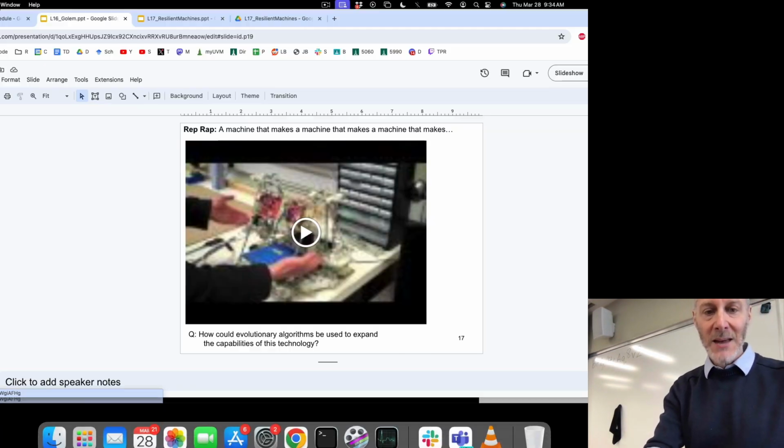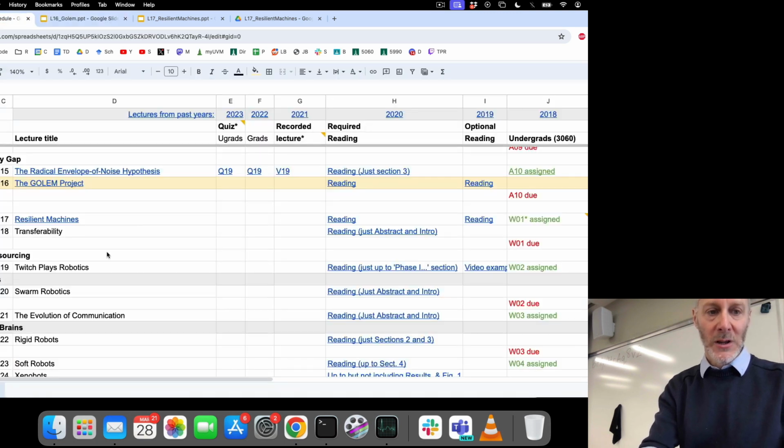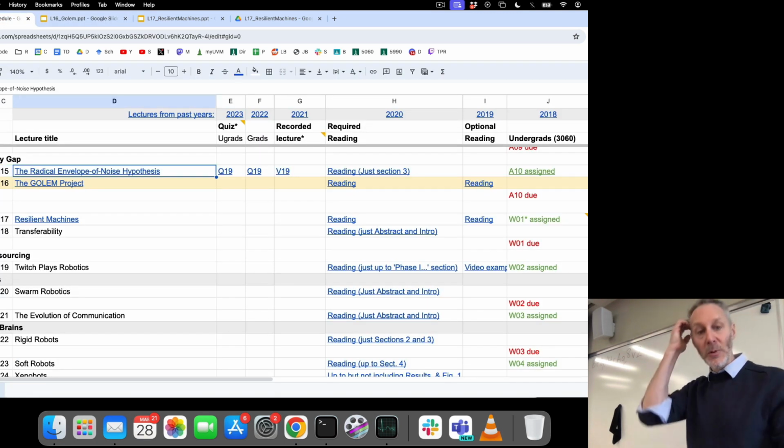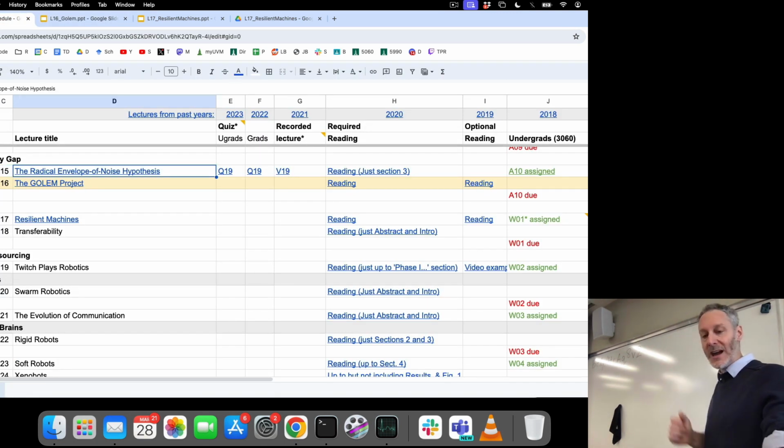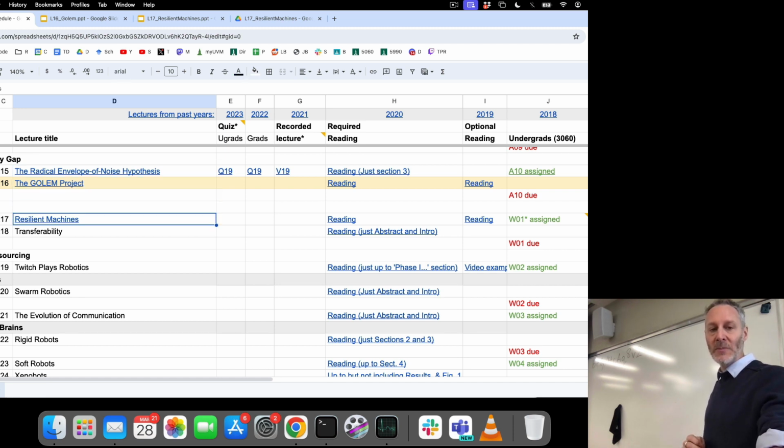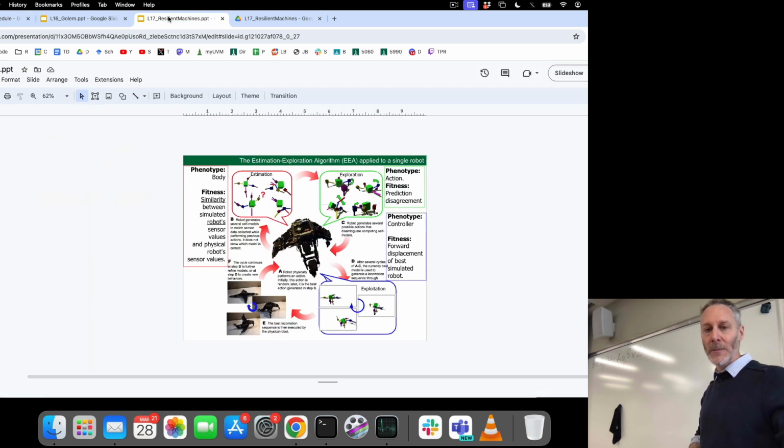Okay, that's just for fun. Okay, we've got 10 minutes left. So we looked at the radical envelope of noise hypothesis from the mid-90s. 5 years later, the GOLEM project in 2000. We're now going to talk about the resilient machines project, which was reported in the literature in 2006